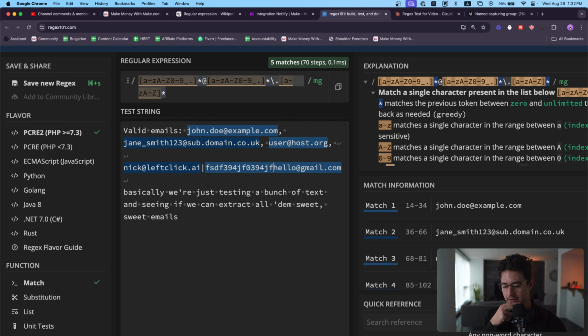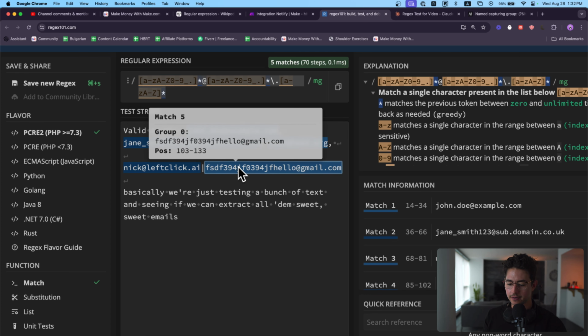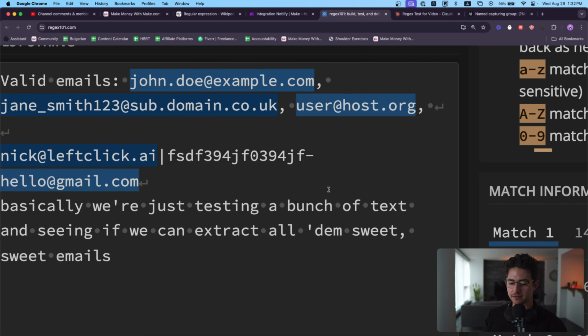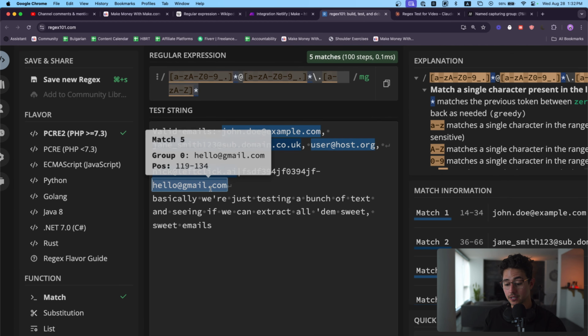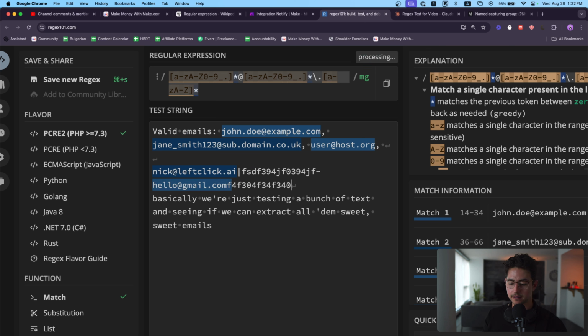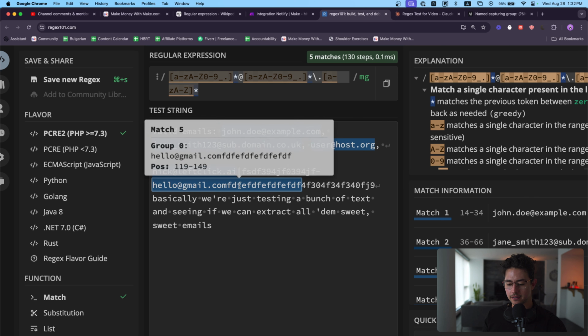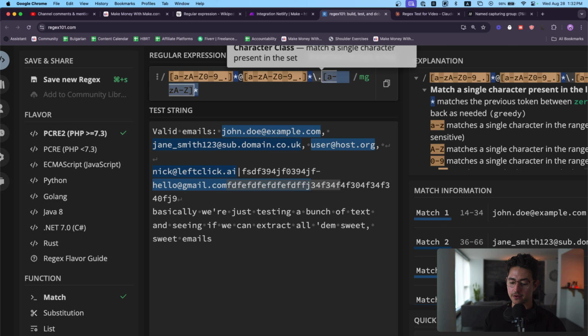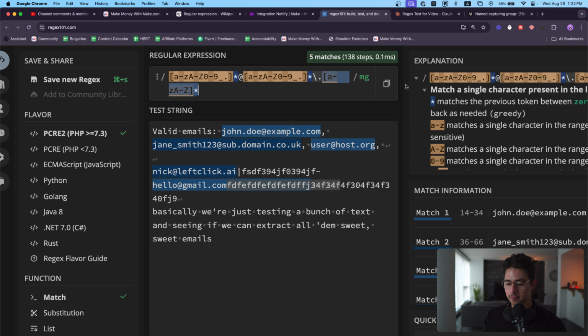Oh, interesting. Well, now that I'm looking at this, if I were to do that, that would be the email right there. Yeah, there's no way for Regex to know that this hello is the email. But basically, if there's any other character in between, it'll only grab the hello@gmail.com part, right? It'll also do any number of these here. So the rule is it'll only match characters at the end, because obviously characters are